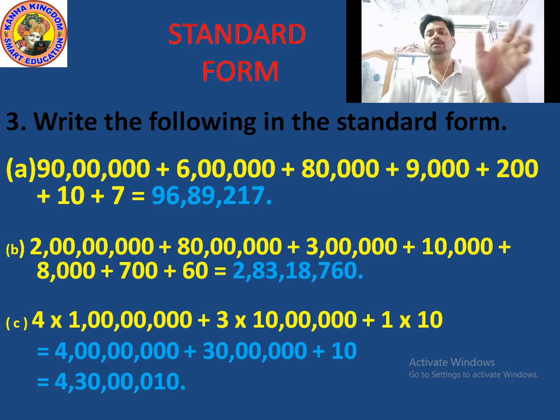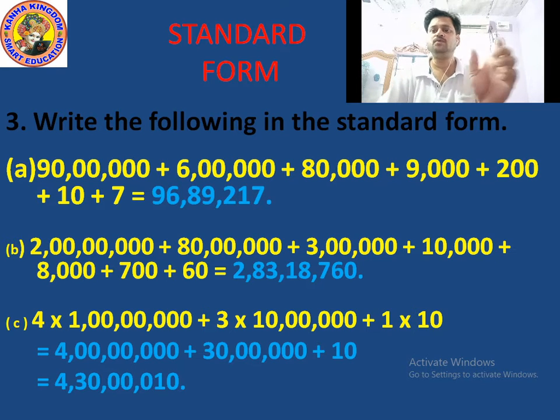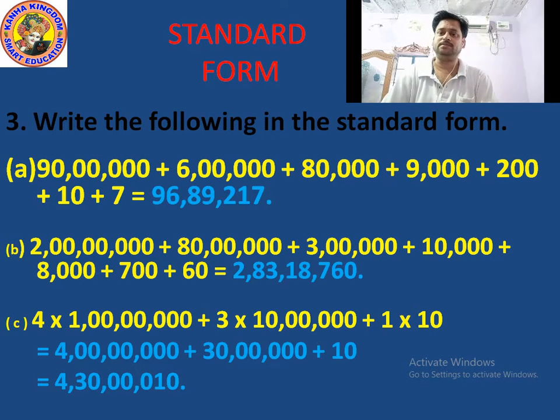First you see the first number. So in the first number, how many commas? The number is 2 comma 00 comma 00 comma 000, which means 3 commas. 3 commas means 4 periods, and the fourth period is the crores period. So how many digits after the third comma? Single digit. Single digit means 2 crores, because the fourth one is the crore period. Clear? So 2 crores.